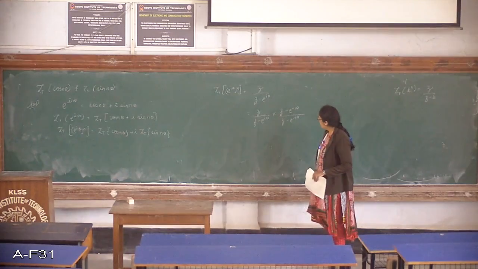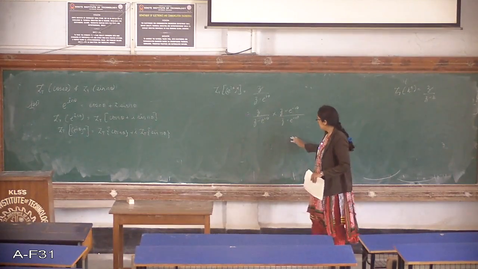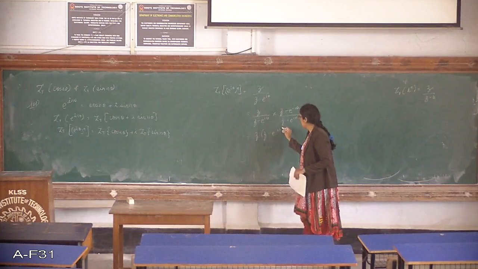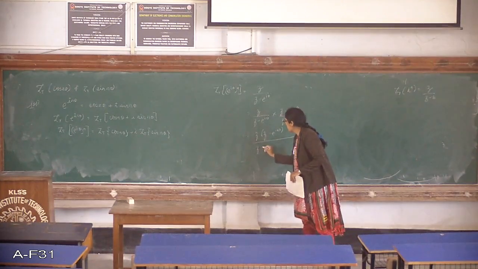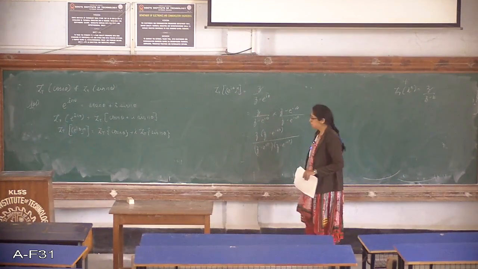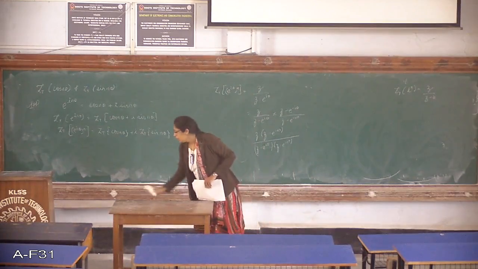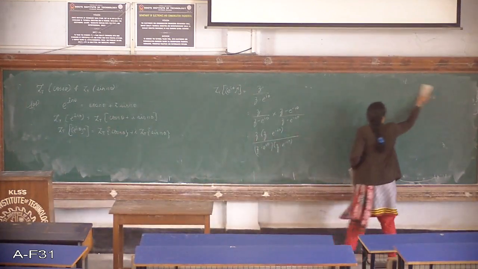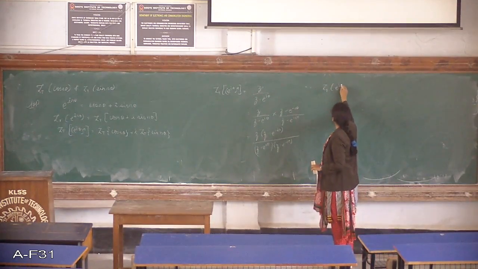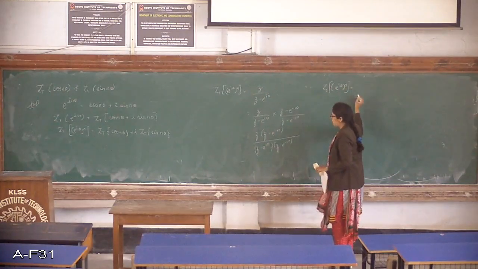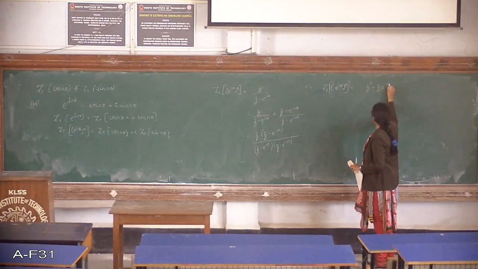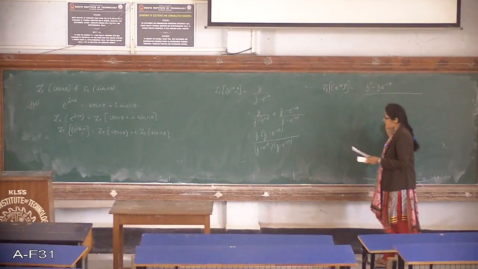I have just multiplied and subtracted by the same result. So this will be Z into Z minus e raised to I theta divided by Z minus e raised to I theta into Z minus e raised to minus I theta. So if I can simplify this further, I'll get this as Z transform of e raised to I theta raised to n will be equal to Z square minus Z e raised to minus I theta divided by,